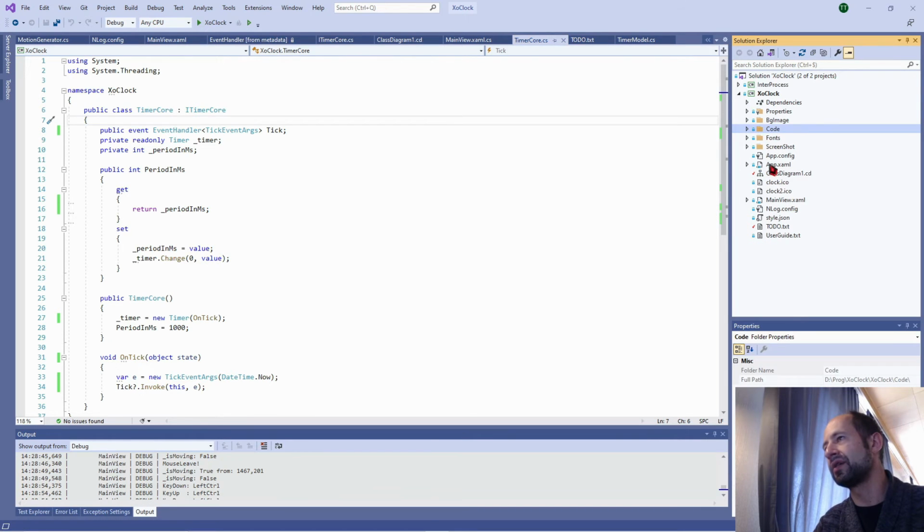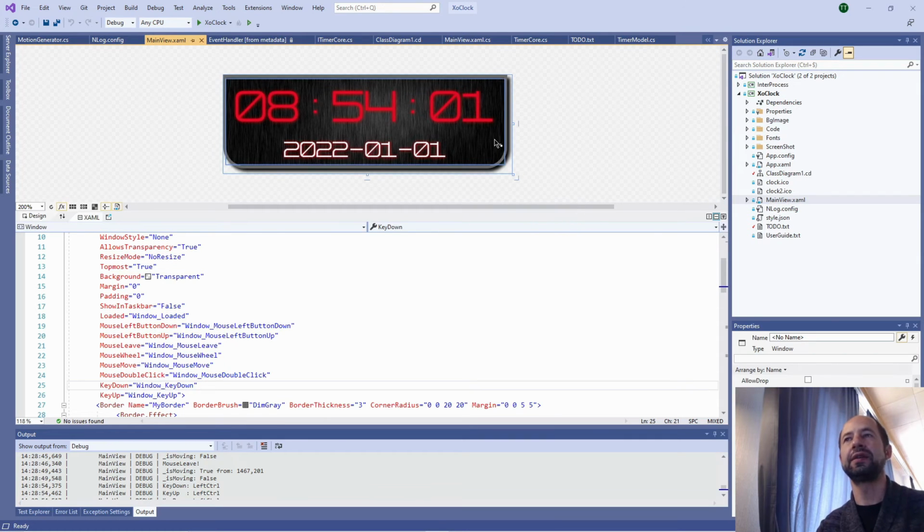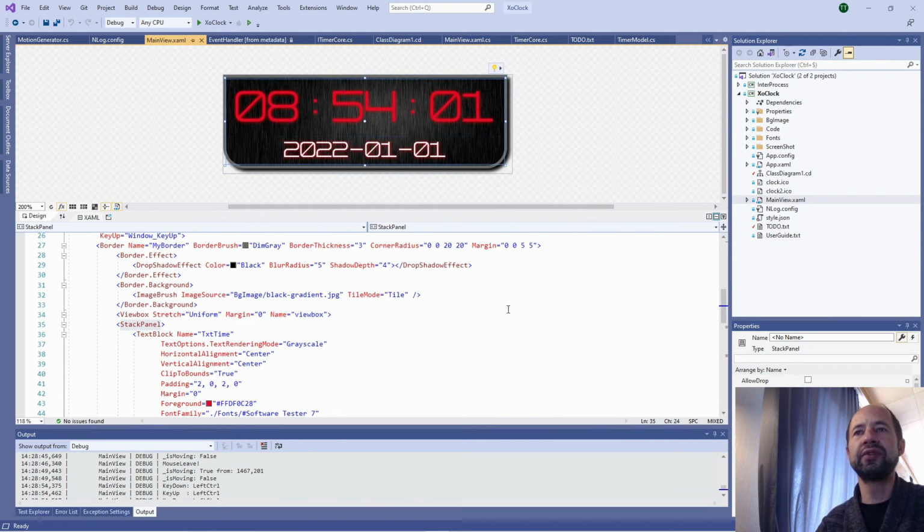So I have my XAML file which is defined here, with some properties in the window.